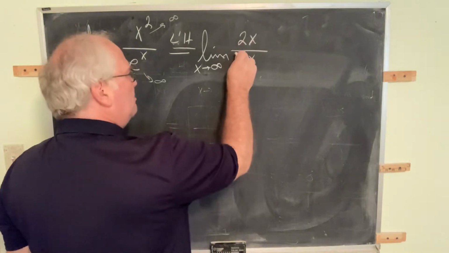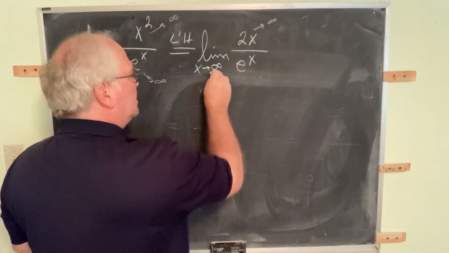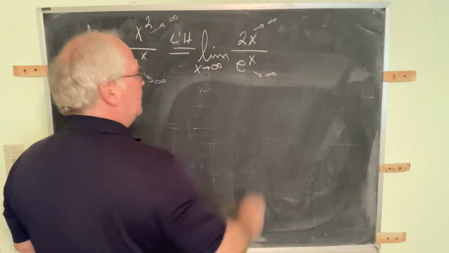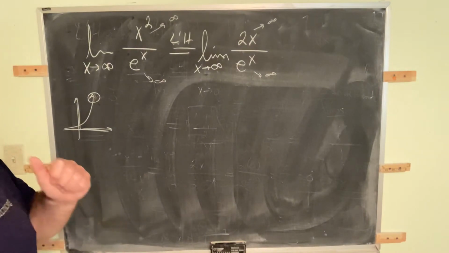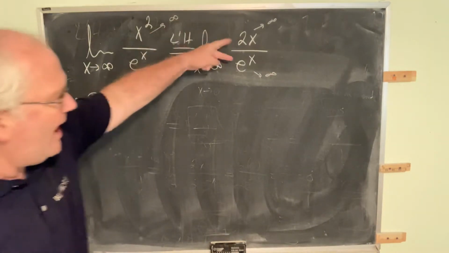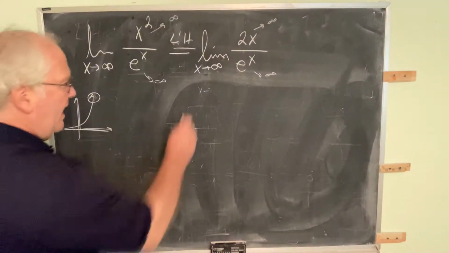When you substitute the numerator, you get infinity again. When you substitute the denominator, it's still infinity. This is still infinity over infinity. What do you do if you're trying to evaluate a limit of a fraction and it goes to infinity over infinity? Well, the answer is,